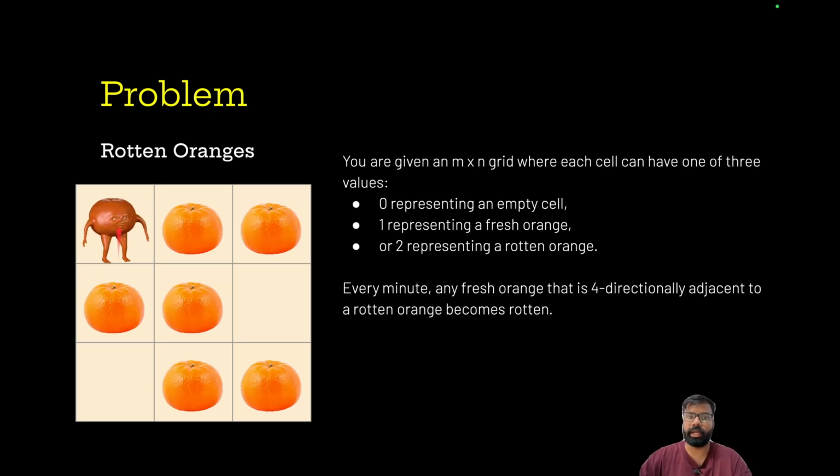Every minute more and more oranges are getting rotten, and we have to find out if we are able to turn all the fresh oranges into rotten oranges or not. If that is not possible, then we have to return -1. And if it is possible to turn all the fresh oranges into rotten oranges, then we have to simply provide a number that tells after how many seconds we are able to do that. Basically, every second or every minute, this is turning the next neighbors